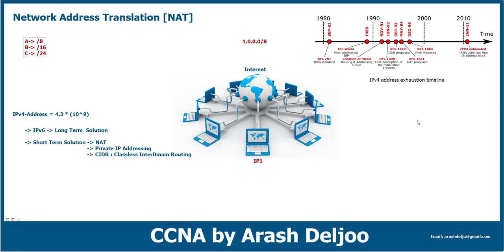Let me give you a little more information about the IPv4 address exhaustion timeline. You know that IPv4 address exhaustion is the depletion of the pool of unallocated IPv4 addresses, because the original internet architecture had fewer than 4.3 billion addresses available. Okay, depletion